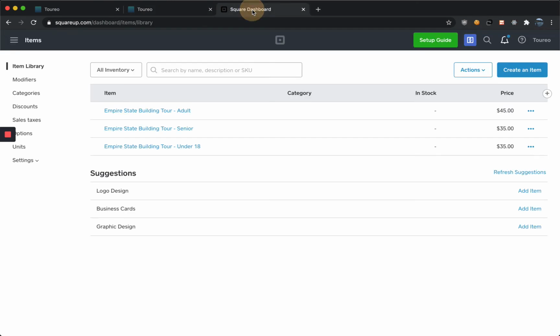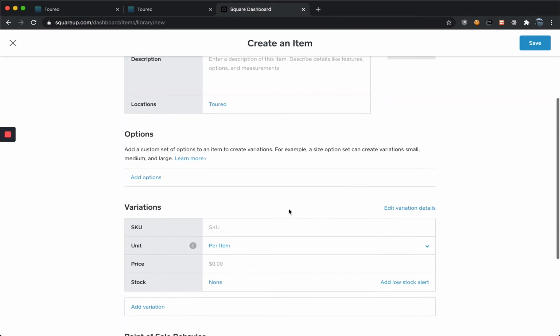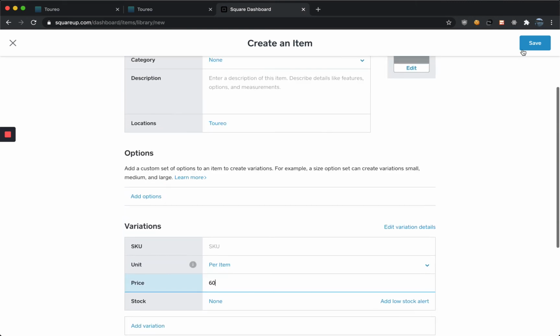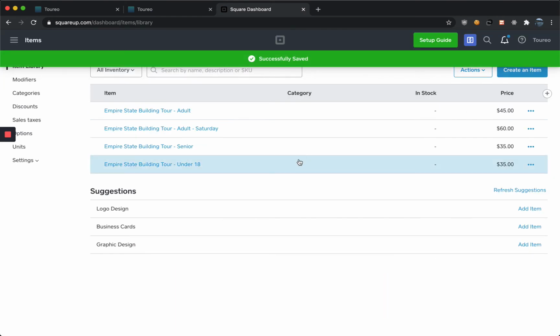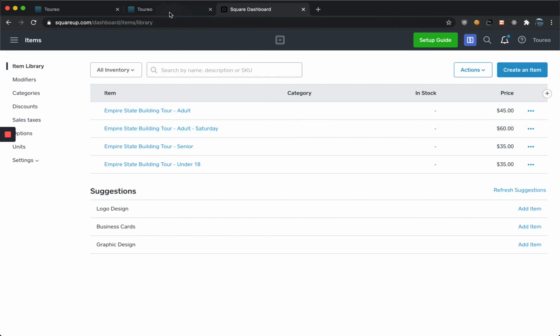But you'll want to make sure that you have, for instance, if that were the case, I would probably create an item. We might as well go through this together. Empire State Building Tour Adult Saturday. And on Saturday, instead of $45, this is more expensive because weekends are sought out more. I'm going to make it $60, and I'm going to go ahead and save it. And so this will allow me to link this specific item properly